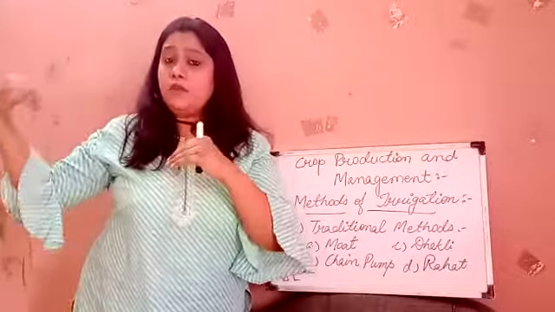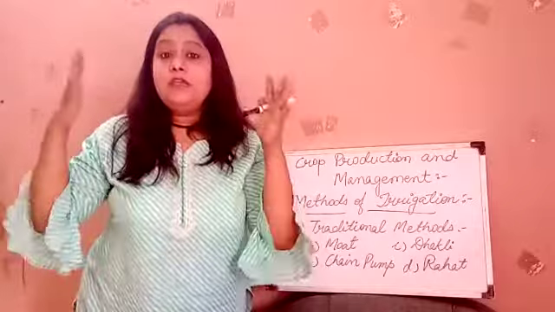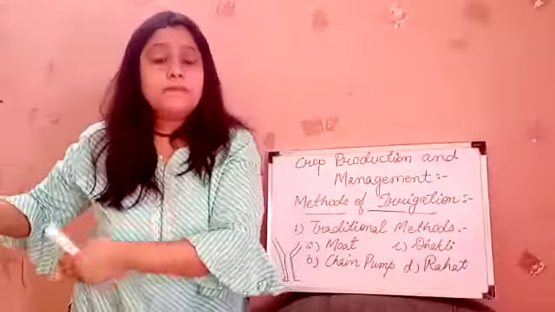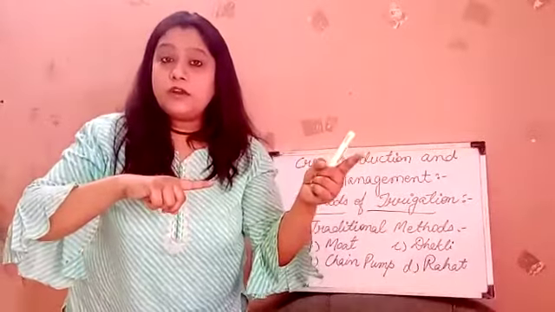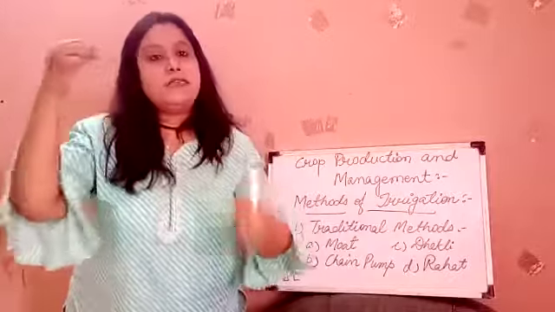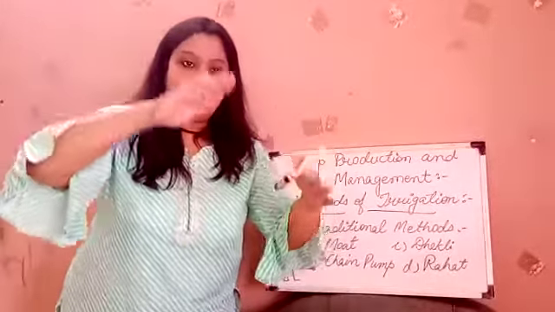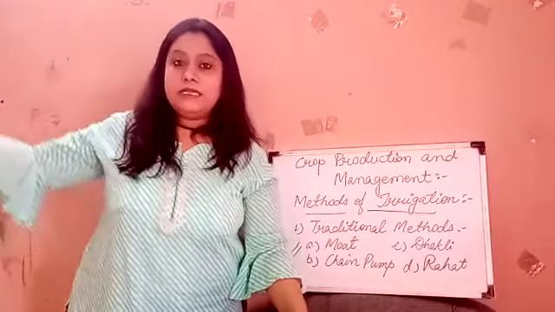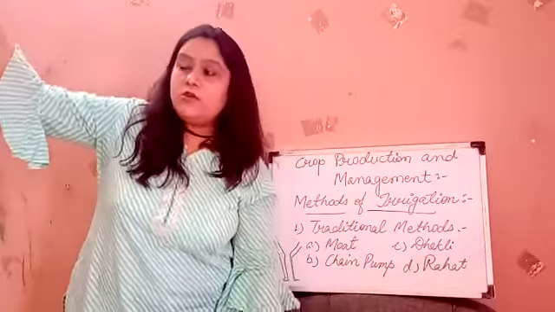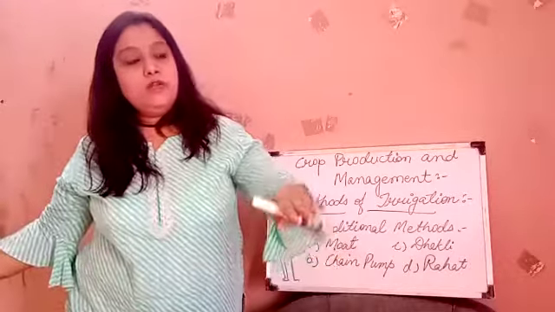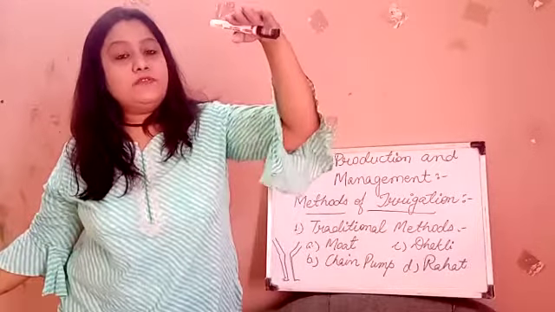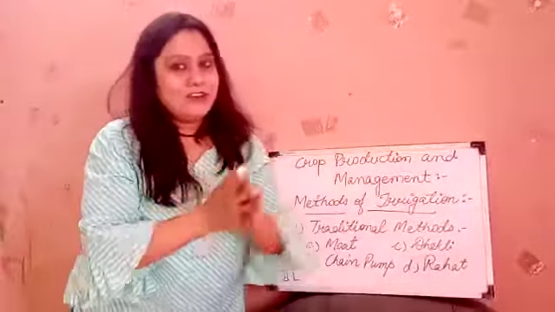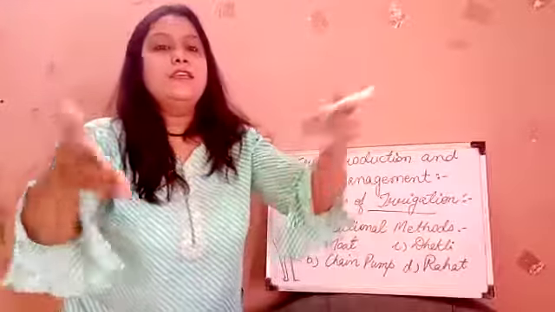What happens, on the one end of the log, a heavy weight is tied up. बड़ा सा पत्थर या कुछ भी भार जो है एक तरफ से बांध देते हैं. And on the other edge, the other corner of the log, the bucket is tied up. Once the bucket is dropped into the well, the heavy load gets up, the water fills up. When the load is pushed down, the bucket which is filled with water comes up, the farmer takes the bucket and pours it into the principal channel. Same, the principal channel is divided into the auxiliary channels, and